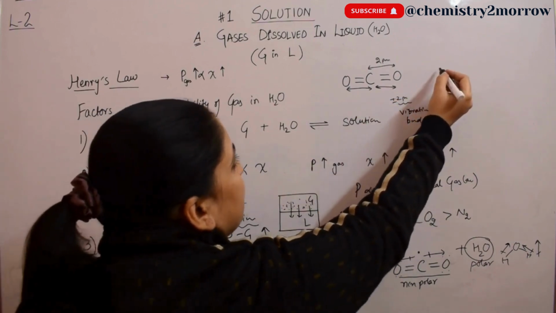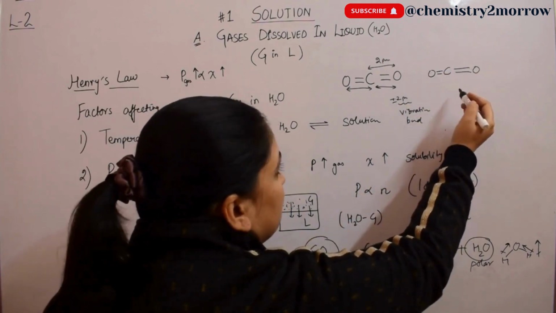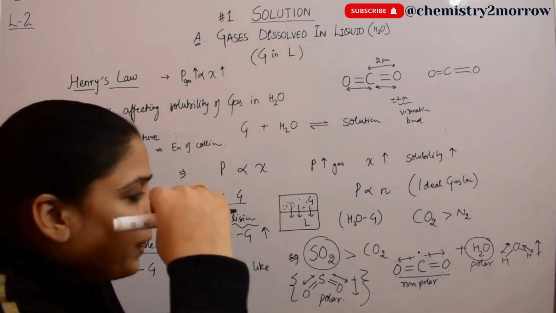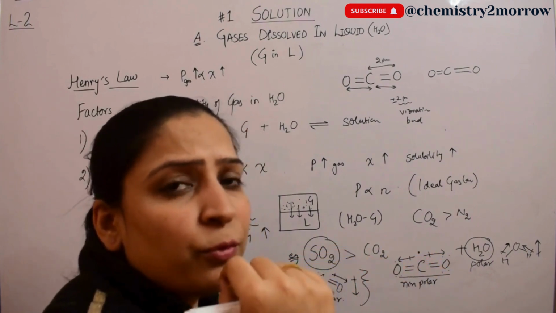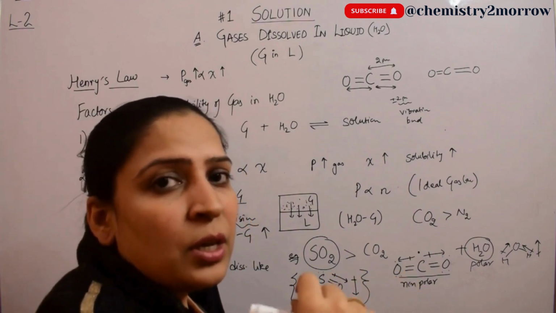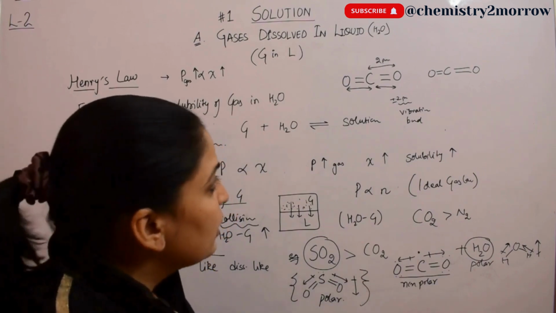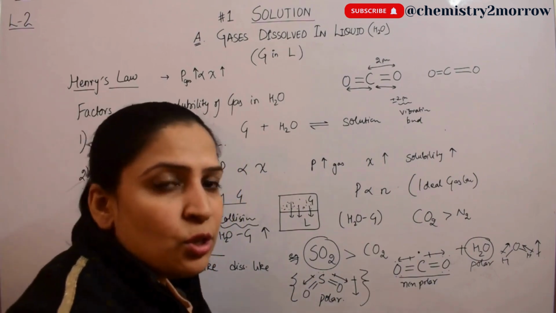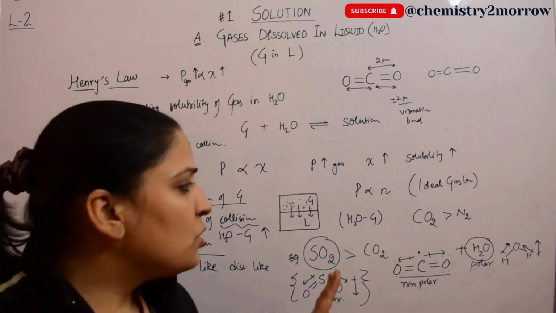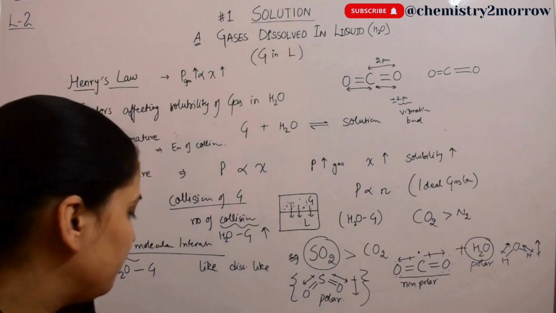due to which at some point of time this can be a smaller bond and this can be a larger bond. Because the bond lengths are different, it tends to acquire a dipole character, but that is for a very short period. So you can say it is an instantaneous dipole moment, and because of that it interacts with the polar water molecule, whereas no such property is shown by nitrogen. So as I said, it depends on the molecules, but in this case, depending on the structure of the molecule, you can identify which is going to be more soluble or less soluble among the two.